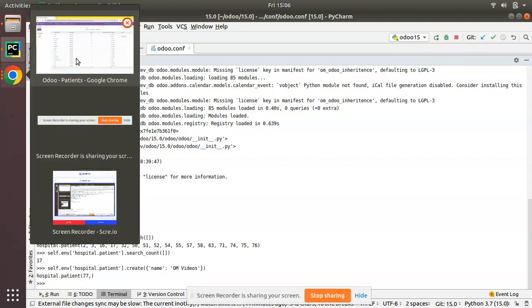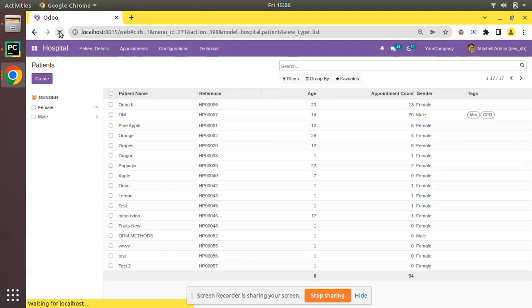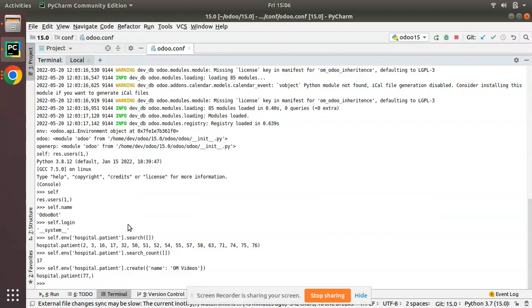Now if I come to the UI and refresh, you can see it's still showing 17. So you think, why has the count not increased? The record will be created only once you commit this change. So we have to commit: self.env.cr.commit(). So once you click on enter,